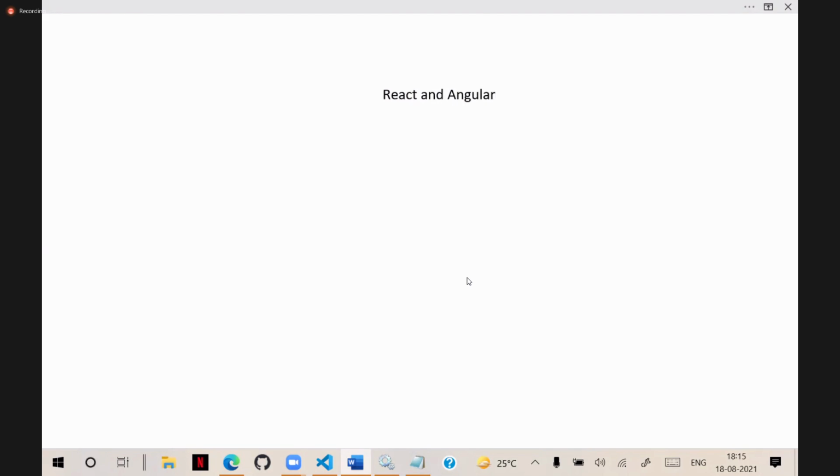For React and Angular, you have to attend separate sessions, because in the beginning we already mentioned that we will teach you the complete React and Angular part. That is the reason it will take separate sessions. You have to attend separate React and Angular batches. From the new batches, we removed that. So no more React and Angular for new full stack batches. Only your batch will be the last batch with React and Angular.